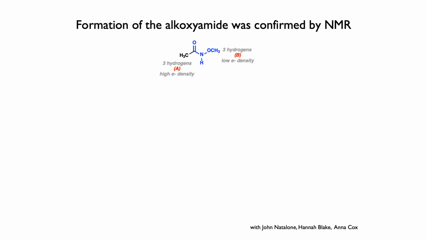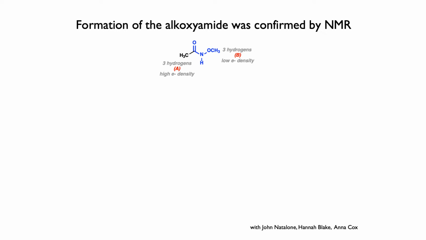That's a very good question. And I think hopefully this will help. If we look at our molecule, one of the main ones we've been focusing on, this alkoxyamide, it has two different sets of hydrogens. Hydrogens over here on the left, I'm ignoring this one here for the moment, and hydrogens here on the right. They have different amounts of electron density around them. If we didn't know the structure of this molecule, the NMR would give us a sense of the extent of electron density around each of our atoms and would allow us to come up with what the structure is.